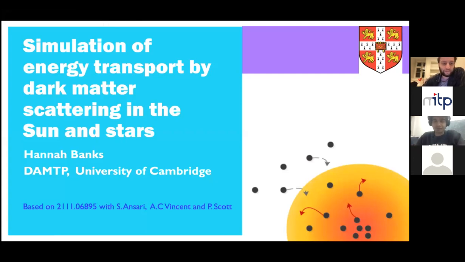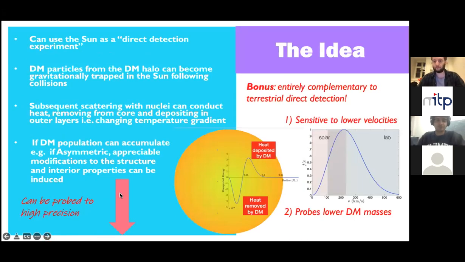Well, thanks very much for inviting me here today. So today I'm going to be talking about some work which was done in collaboration mainly with Aaron Vincent and Pat Scott. So I think after all of the talks this week, we are all probably in agreement that the motivation to pursue whatever the fundamental nature and properties of this elusive dark matter is pretty unquestionable. But as we've seen from the wide variety of talks this week, how and where best to look for this dark matter is pretty unclear.